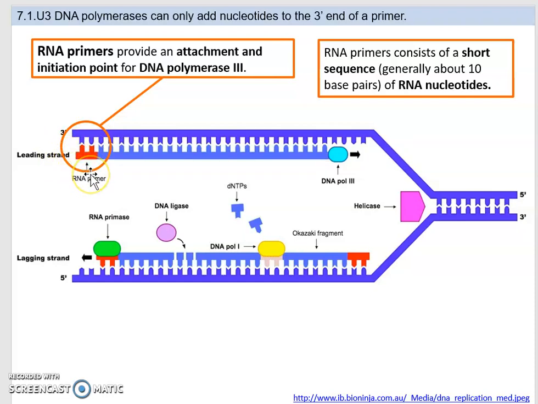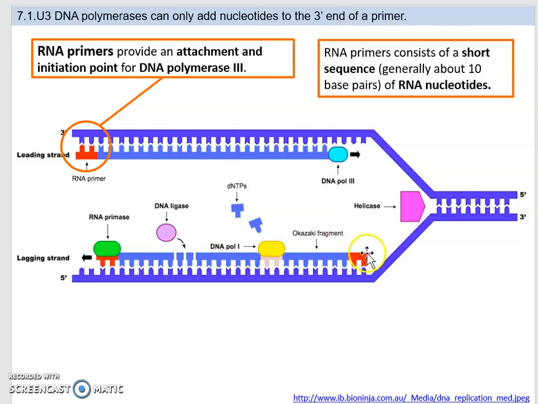That primer allows for DNA polymerase to bind, and then DNA polymerase is going to add nucleoside triphosphates using complementary base pairing, and it's going to work in the 5' to 3' direction towards the replication fork on the leading strand, because it's going all the way from the 5' to the 3' direction, and on what's referred to as the